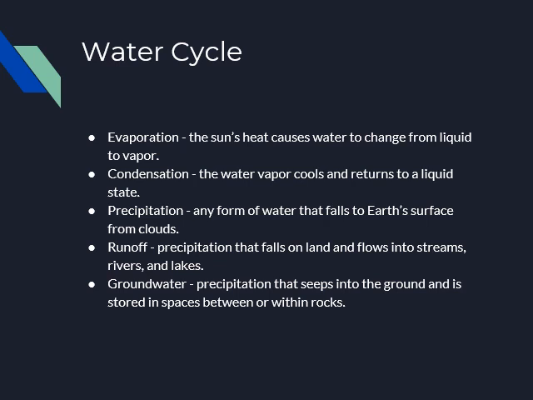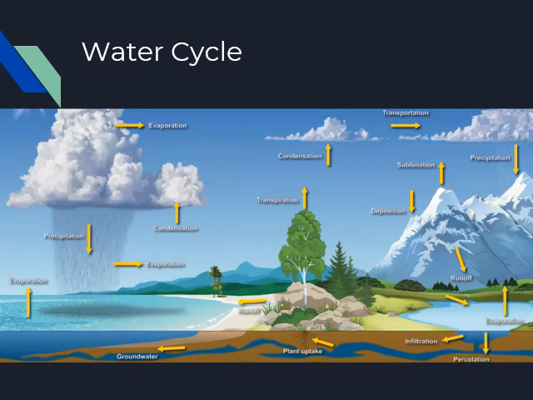Runoff is precipitation that falls on land and flows into streams, rivers, and lakes. So if it's water that's traveling across the surface of the Earth, that is runoff, whereas if it goes into the Earth, that becomes groundwater. That's precipitation that seeps into the ground and is stored in the spaces between or within rocks. So some other facts to know as we look at the water cycle: